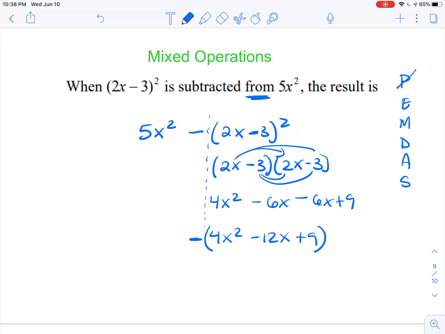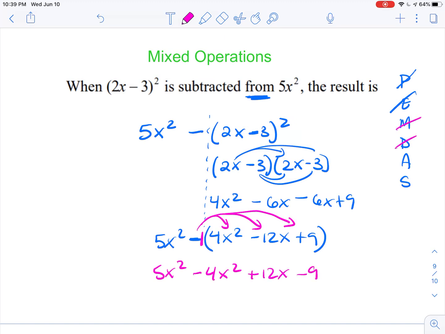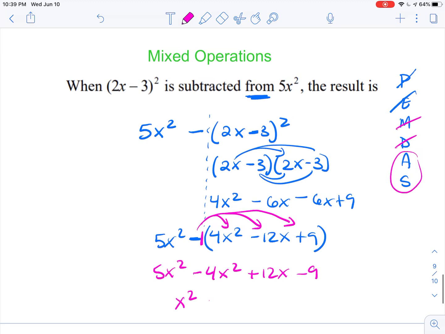Now remember, all of this is happening after that minus sign, so this has to have the minus sign out in front of it, because it's the whole thing being subtracted from 5x squared, which means now after I do my exponent, I have to take care of my multiplication or my division. Well, we know that this is like having a coefficient, which is multiplication, of negative 1, so that would be the next operation that I do. So minus 4x squared plus 12x minus 9. And last but not least, addition and subtraction, aka combining our like terms. So I have 1x squared, right, 5 minus 4,